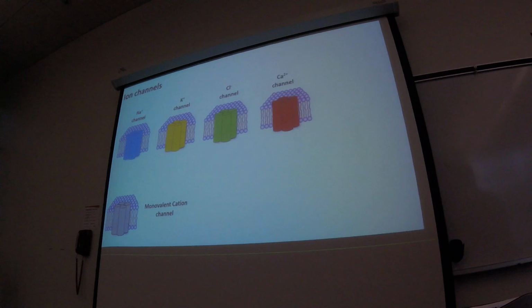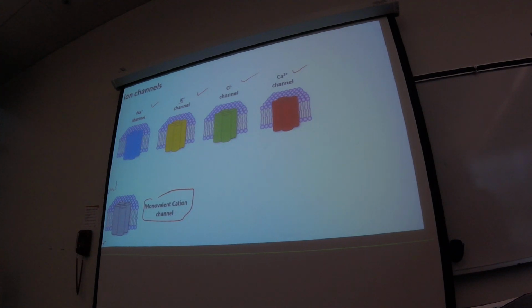Moving on. So here are the various ion channels. These are the guys we are modifying to change permeability. We have our sodium, potassium, chloride, and calcium channels. And we also occasionally have these monovalent cation channels, meaning they only take cations that are unitary, so basically not calcium. And if this was on the inside of the cell and this was on the outside of the cell,